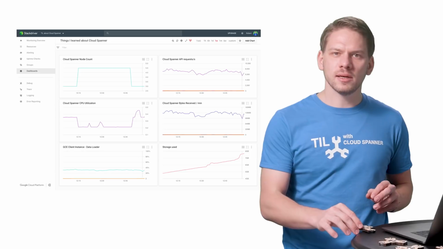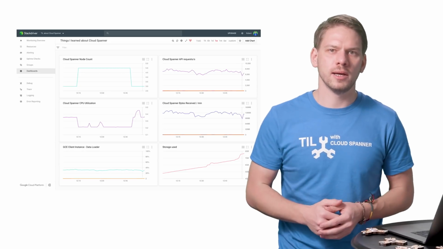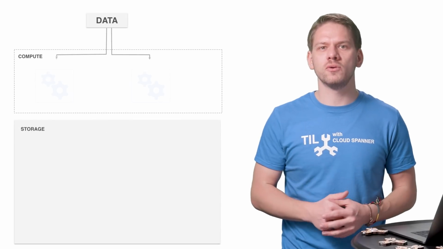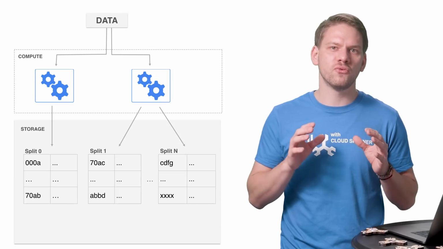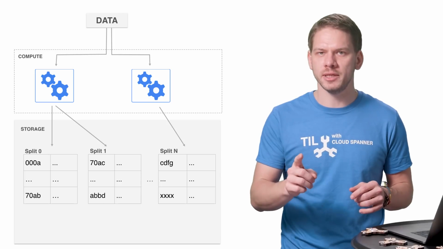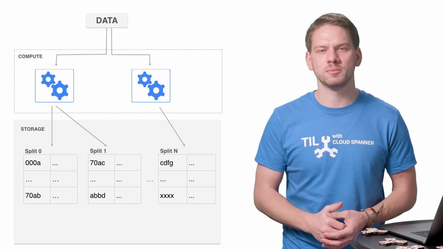At this point, we needed to dig a little deeper and understand how Cloud Spanner organizes data to scale your workloads. Reading the documentation, you find that Cloud Spanner organizes rows in a table lexicographically, or for the mere mortals like me, alphabetically by the primary key. Then, driven by the size of your tables and load patterns, your data gets divided into chunks, so-called splits. These splits are distinct ranges of rows based on your primary key. To efficiently scale out all your reads and writes, each individual split can move freely between the available compute nodes, while making sure there is always, and I mean always, only one node that controls the writes to a split.